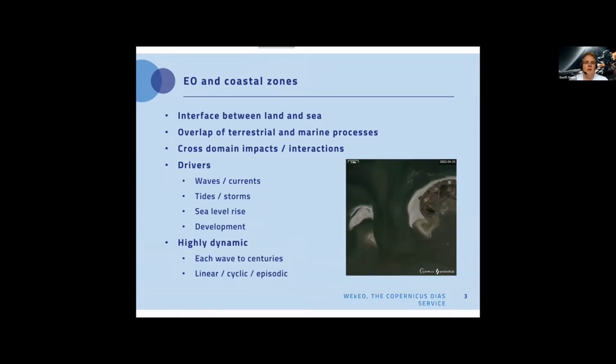We also have issues related to climate change, such as increased sea level, and how that will impact the land domain. Climate change will also potentially increase storm frequency and severity, so some of these processes may be becoming more intense.